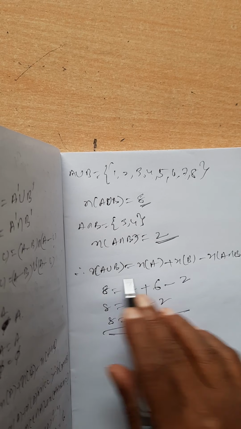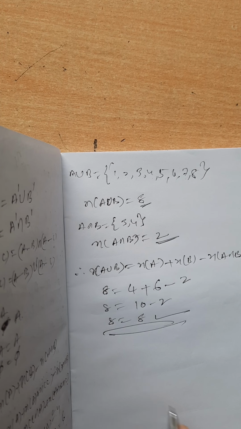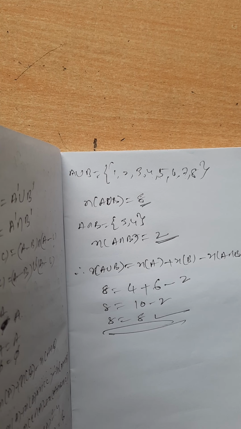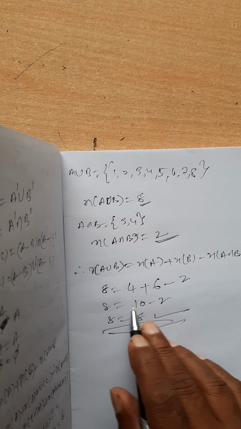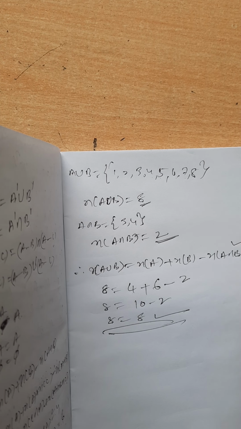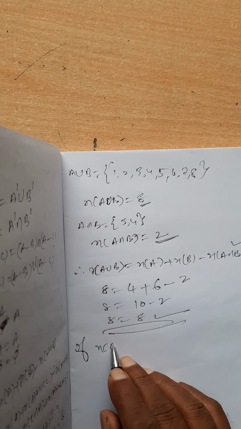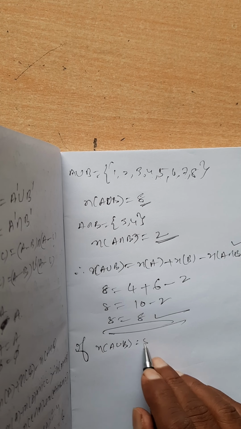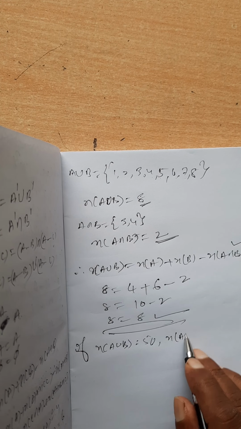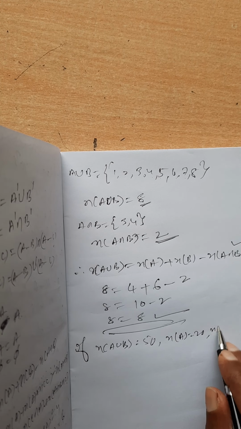Now both are equal. So you will not get questions this lengthy. This is a procedural question to check whether this is true or false. So we check, and we find that yes, this is true. Now you will get questions like: if number of A union B is 50, number of A is 20, number of B is